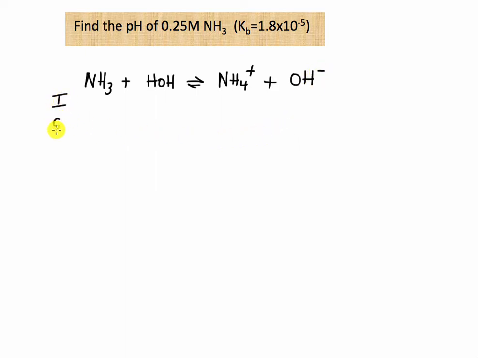ICE table. Water is a liquid. We don't care about that. I'm going to put 0.25 molar here, 0, 0, minus x here, and plus x, plus x here. And notice the pattern. The pattern is going to be the same general pattern we saw with the weak acids,